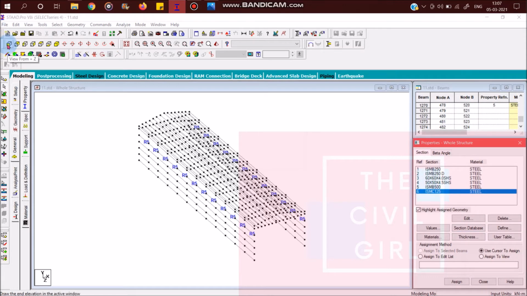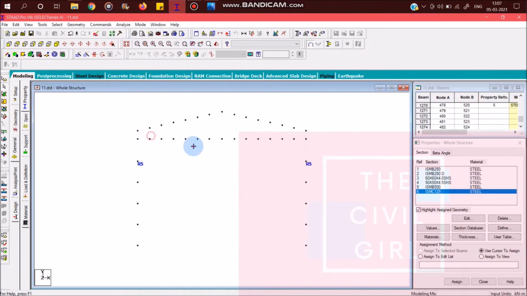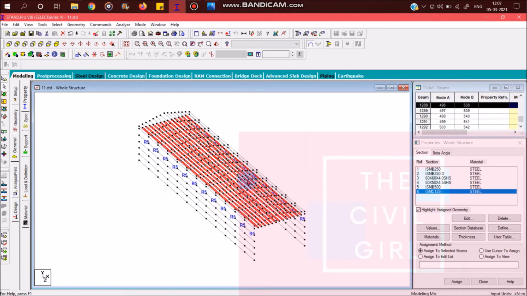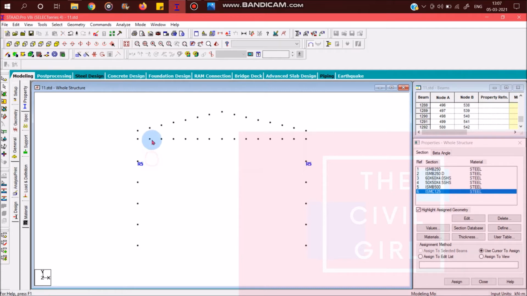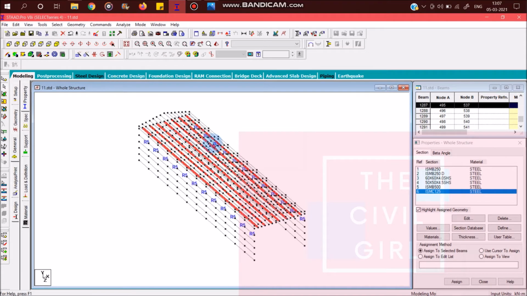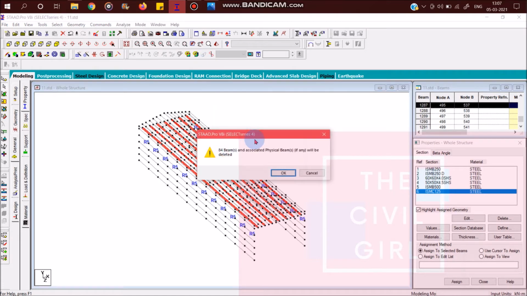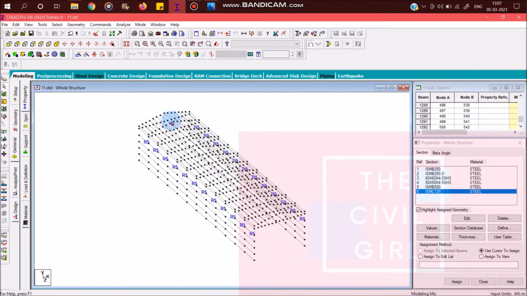This is a tricky part because here you can see that your purlin members run throughout all the points associated to the tie runners, and we have seen in the previous lecture itself, it is not necessary to provide tie runners for every point. Therefore, I am going to delete all these points. That is, select every other tie runner here, and I am going to just click on delete, and everything will be deleted. Now just go to ISMC 125 you have to assign.